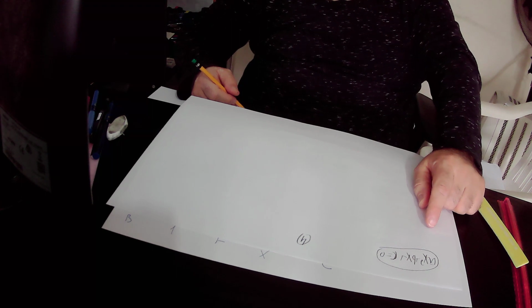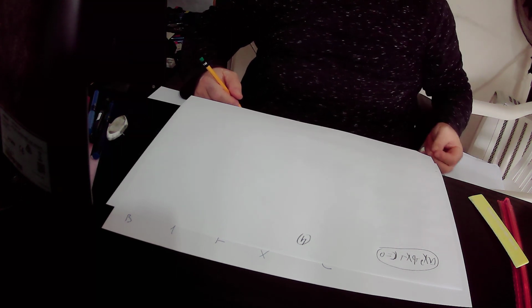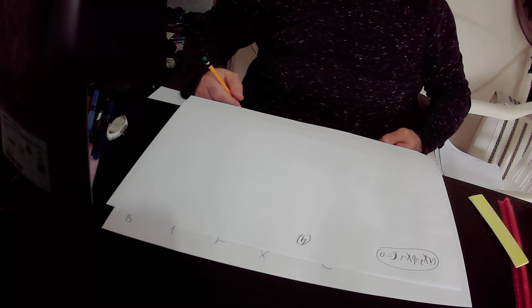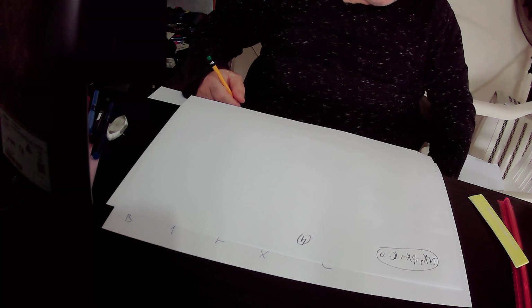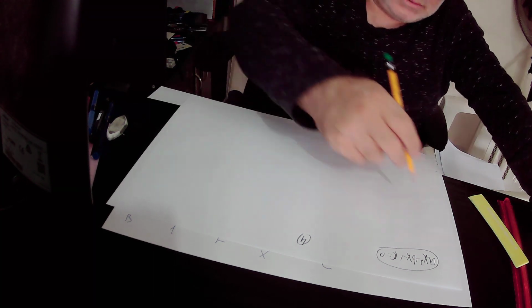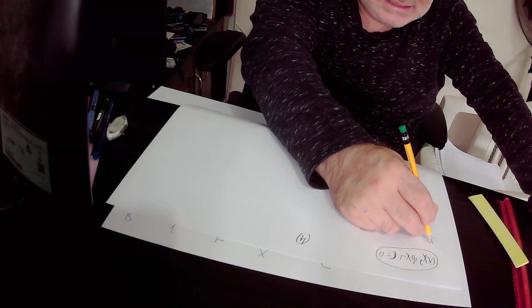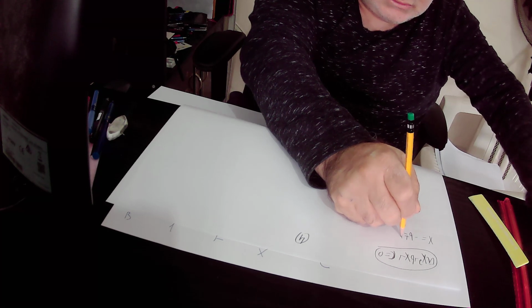Here a, b, and c are the coefficients of this quadratic equation, and x is the variable that we are looking for, and we will find out the value of x according to the formula that x equals